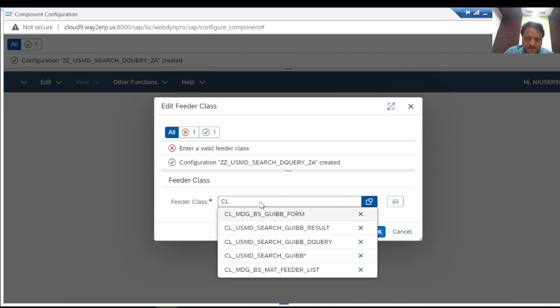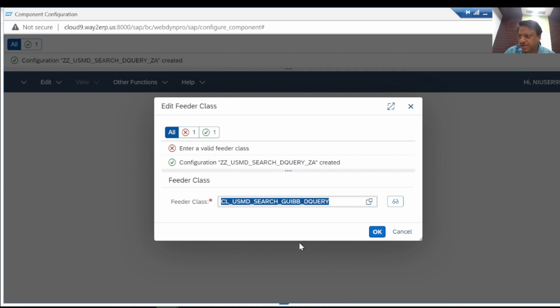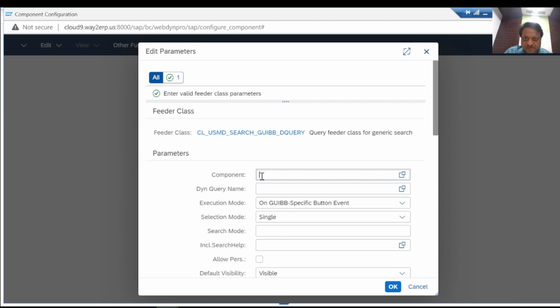So in a standard UI, you have the feeder class for the search application, which is called USMD search GUI BB dQuery. So let's select this feeder class USMD search GUI dQuery, say OK,